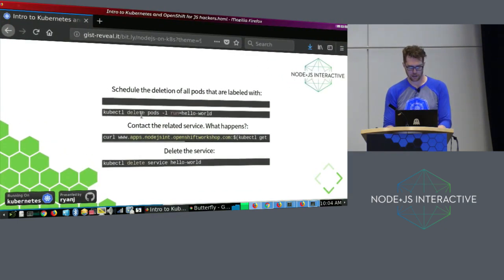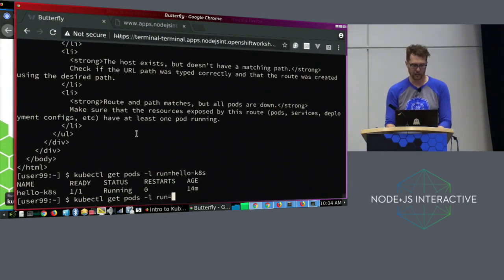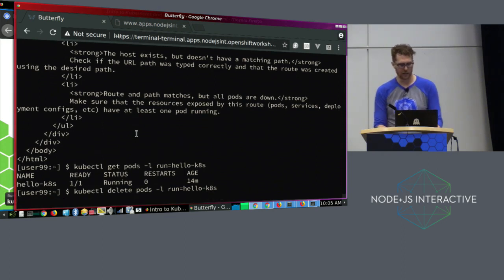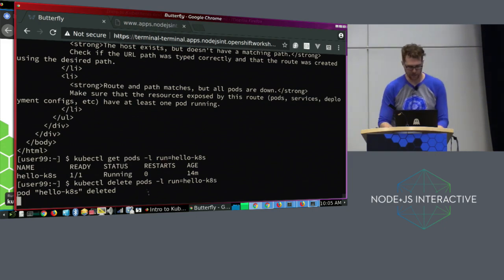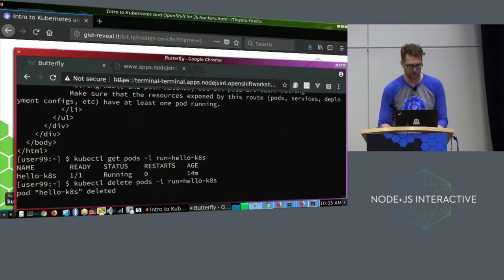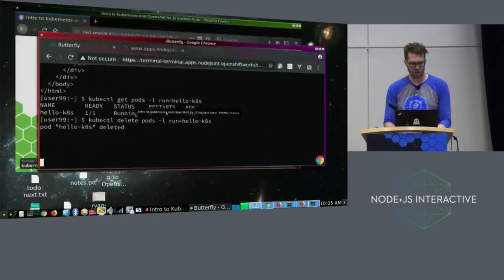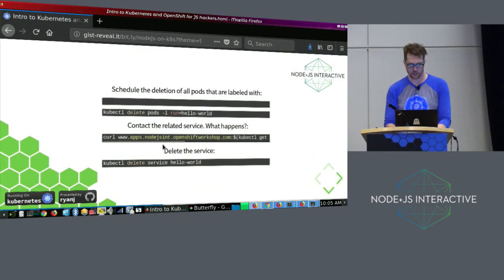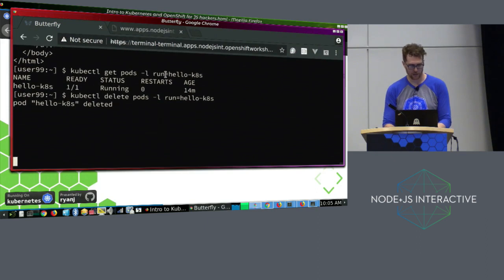Let's go ahead and delete our pod in order to really clean it out from behind the load balancer and to force an error. So I'll run delete hello K8s. I'm going to delete everything based on this label selector. Let me move this, get the terminal a little higher up on the screen for you all. So I should have a pod being scheduled for deletion. Now if I contact that same app again,